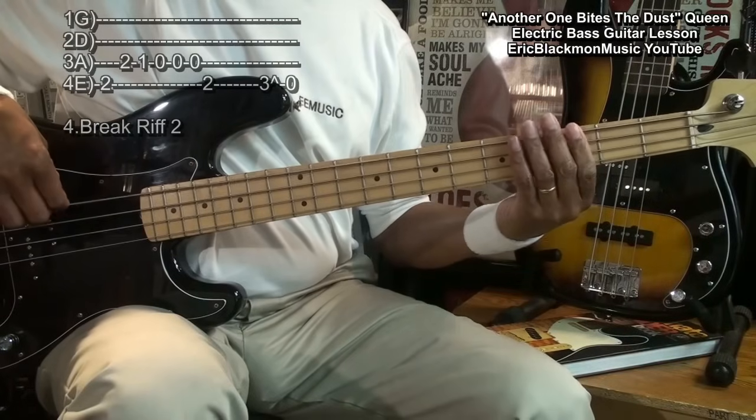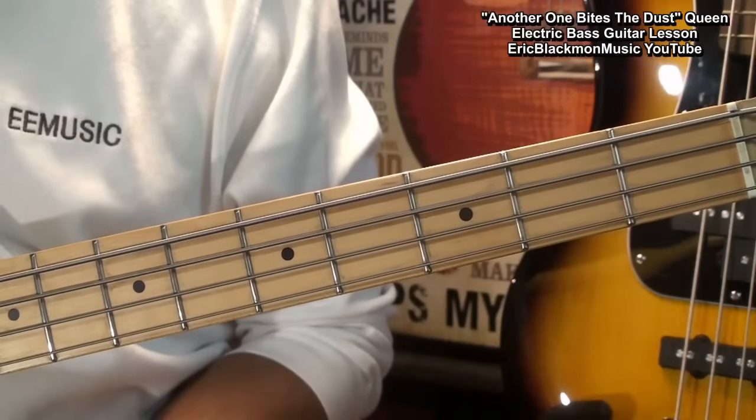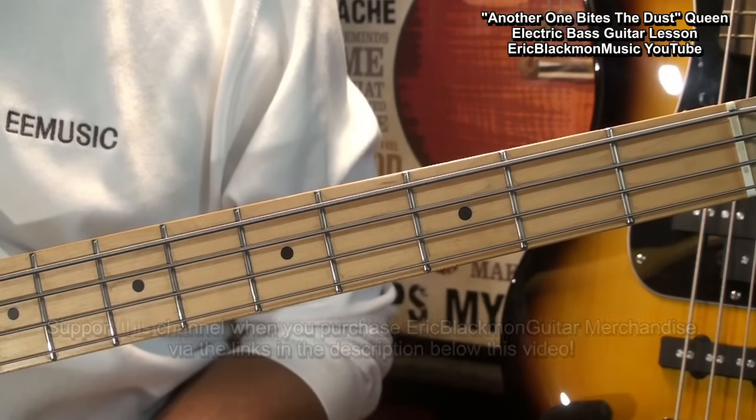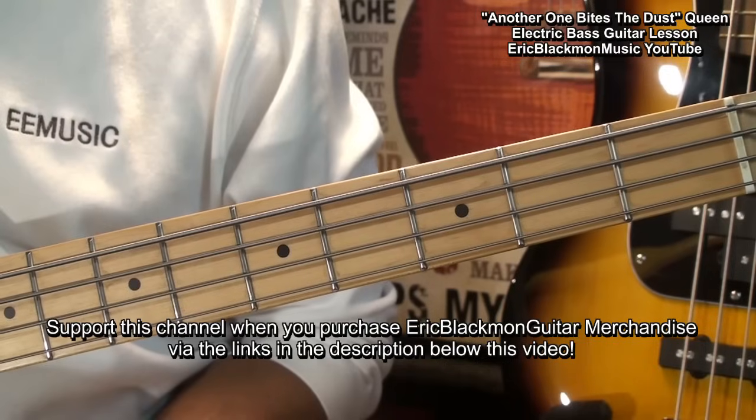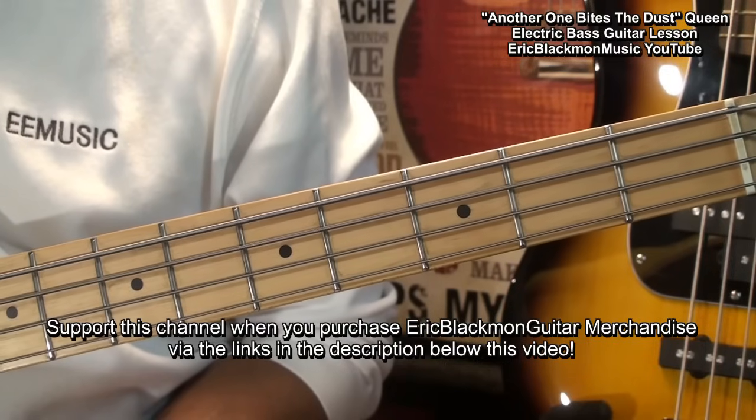And believe it or not, those are all the parts that we'll have to learn to play in order to play Another One Bites the Dust by Queen on electric bass